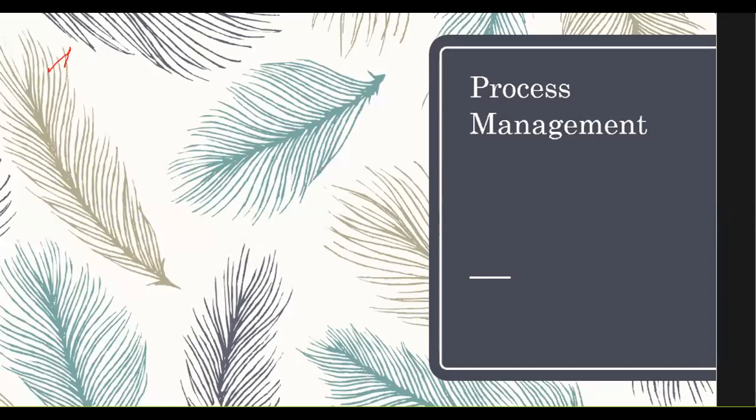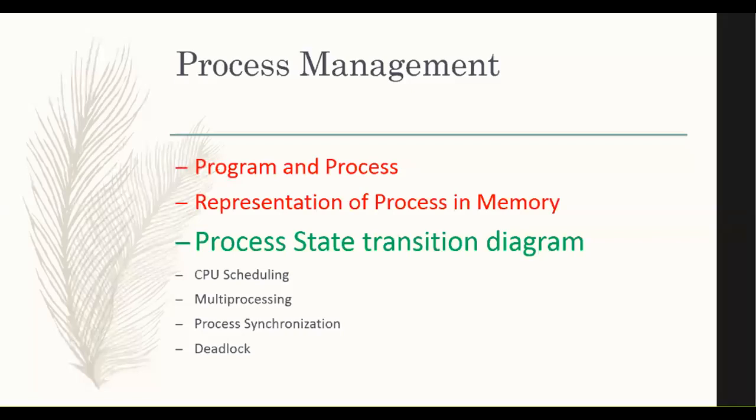In the last lecture, we had started our discussion once again in process management, where we had picked what is program and what is process. Then we moved into PCB and we were discussing the process state transition diagram. So in this one,